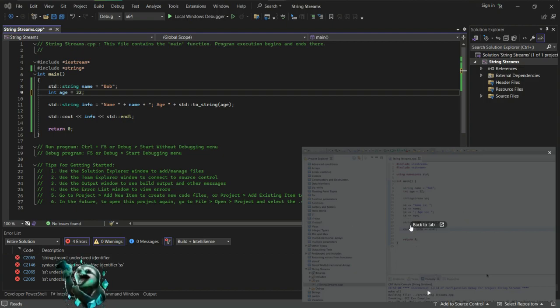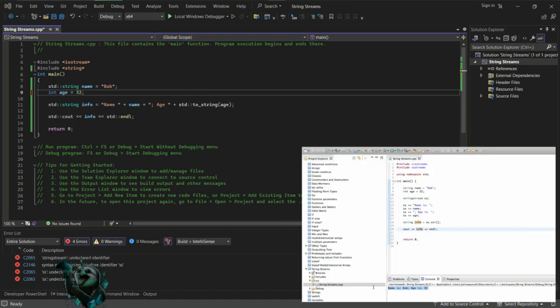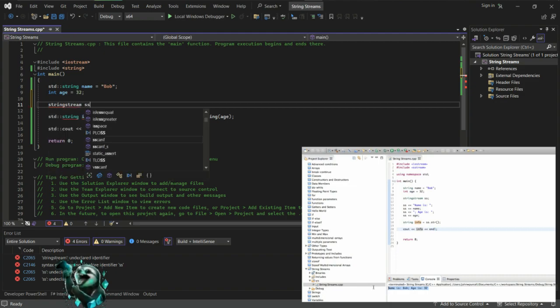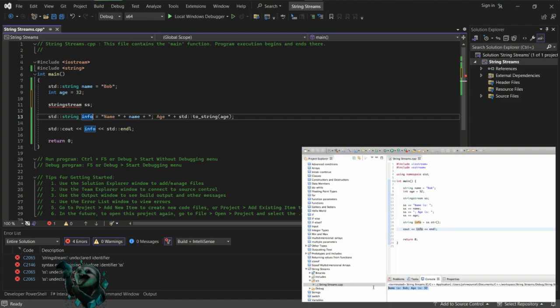Ah, that's what I forgot. I forgot the part at the bottom. Yeah. Okay. Maybe that actually would work. Hold on. Okay. Let me try. stringstream SS colon, and then